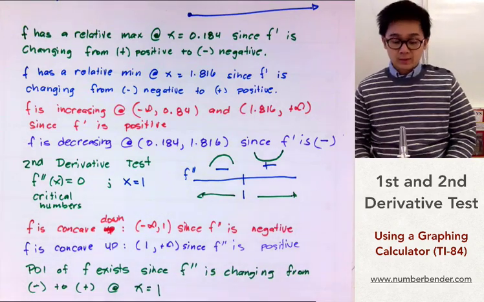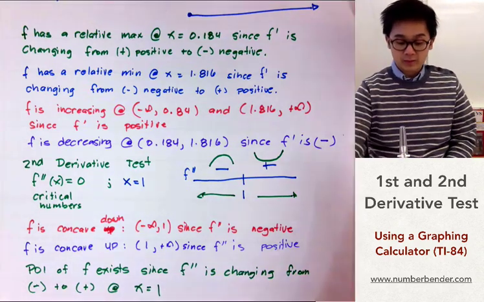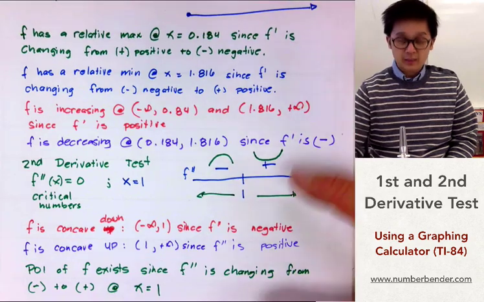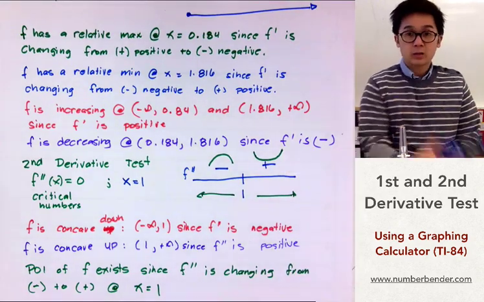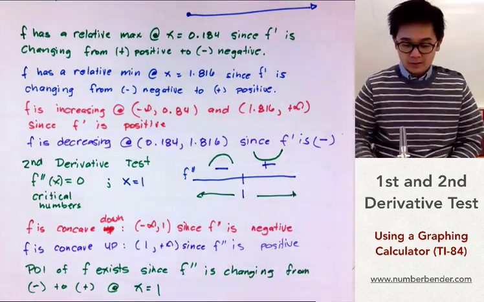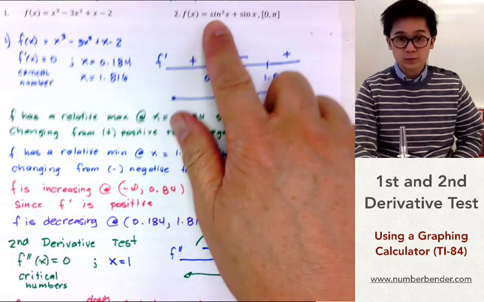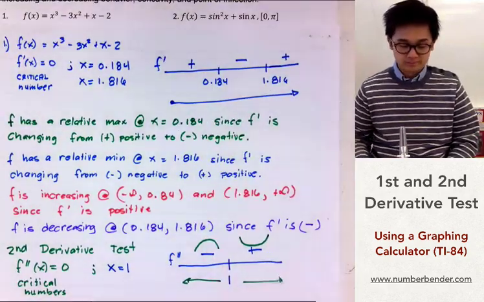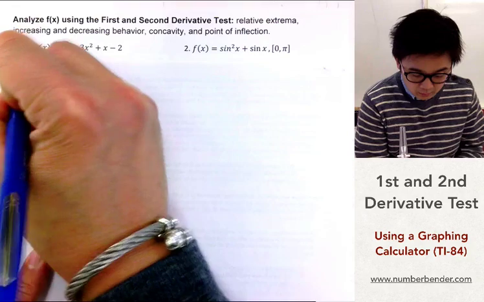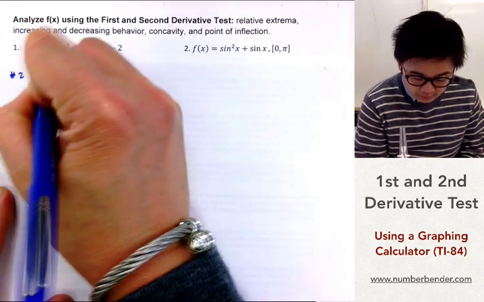And this is how we analyze function f using the first derivative and the second derivative using our TI-84. Now let's go ahead and answer problem number 2 for a trig function. We have f of x